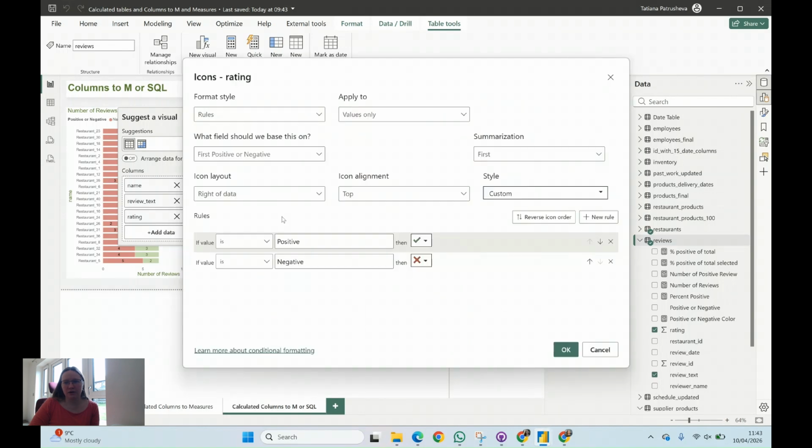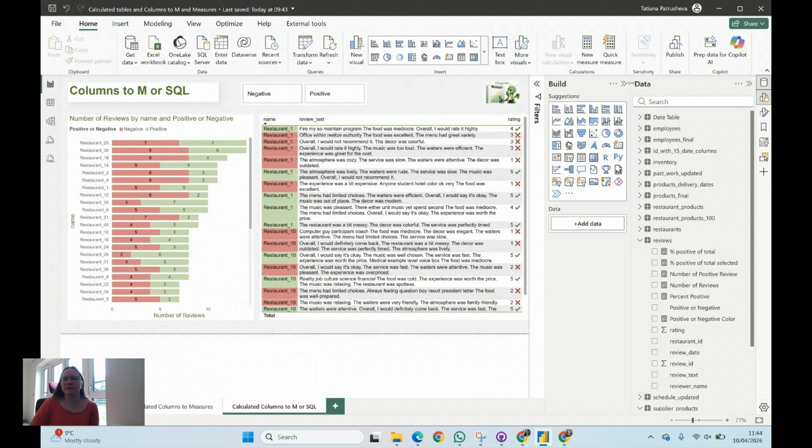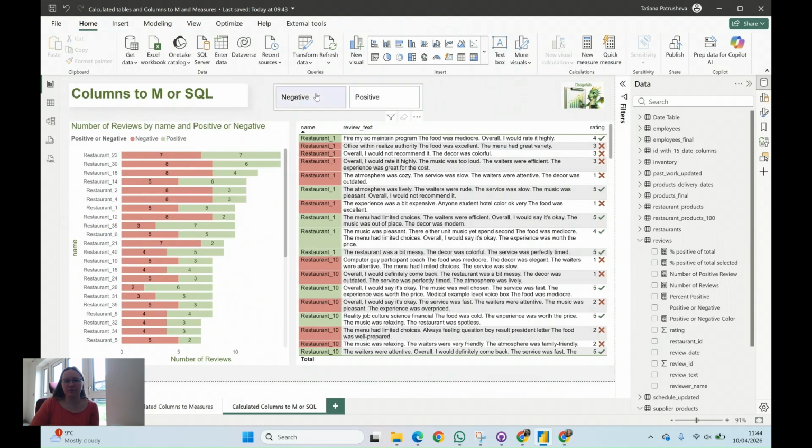But I've found that a few times when I deleted a column and created a column again, sometimes this conditional formatting is no longer working. It just depends. I don't know, but I just saw it a few times that it wasn't working. So for now, everything is working, and this will be a faster and better way for you to utilize Power BI if you can change all your calculated